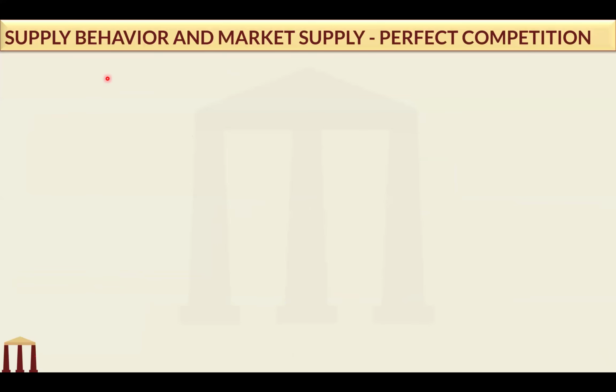Now let us see the supply behavior and market supply for perfect competition. We have seen for a single firm that it is important that the firm tries to maximize its profits. Now, what will happen to the market supply? Of course, the market is a collection of all the firms. Firms actually expand when price rises. So if you have perfect competition,